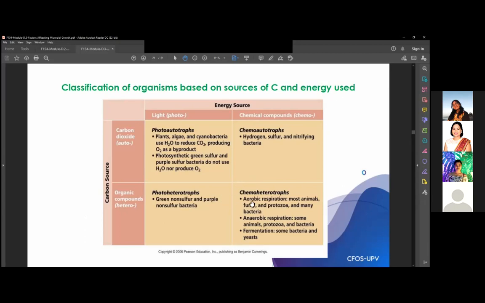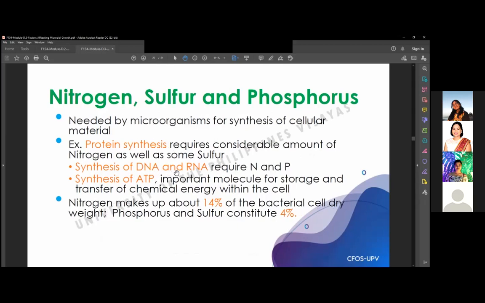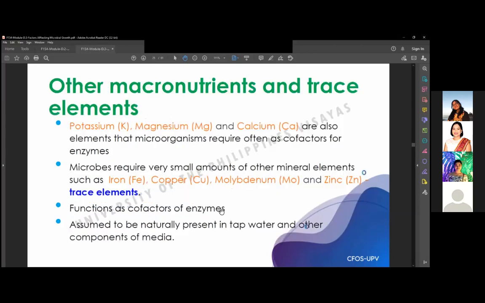Sige, next. So, nitrogen, sulfur, and phosphorus, yan. Needed by microorganisms for the synthesis of cellular materials. Ayan. Andiyan naman yung mga uses nila. So, you just read the slide, no? Sige, next tayo, please. Ayan, nitrogen is a component or it forms our amino acid. Ayan, sa protein natin. Next,